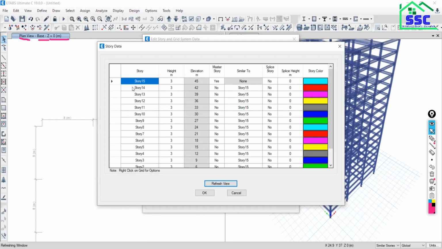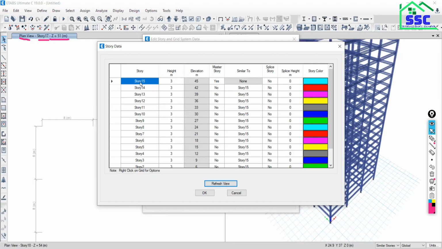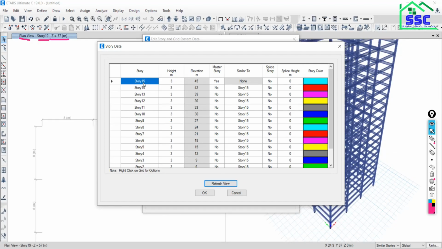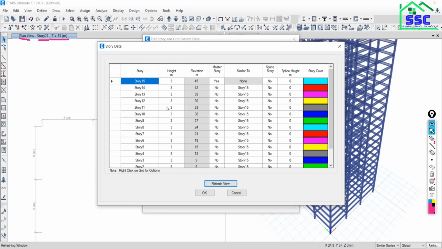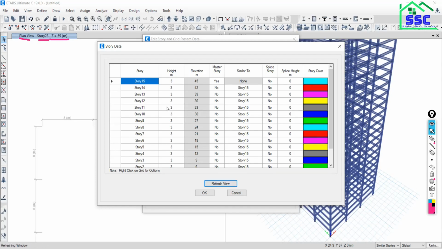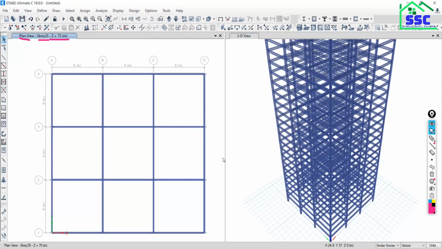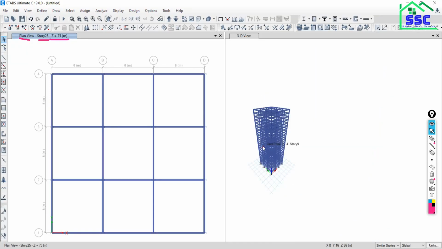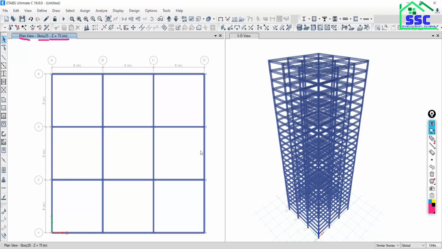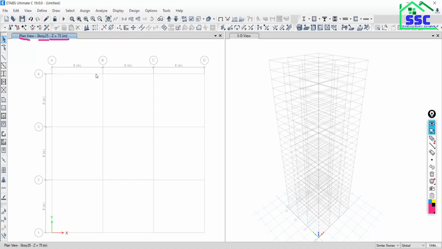So okay, from 15 to 10 that will become 25. Okay, 25. Now say okay, okay. Is it okay? Yeah, so what I actually need to do is select all and delete all. So all the things will be deleted, only the grid is there.